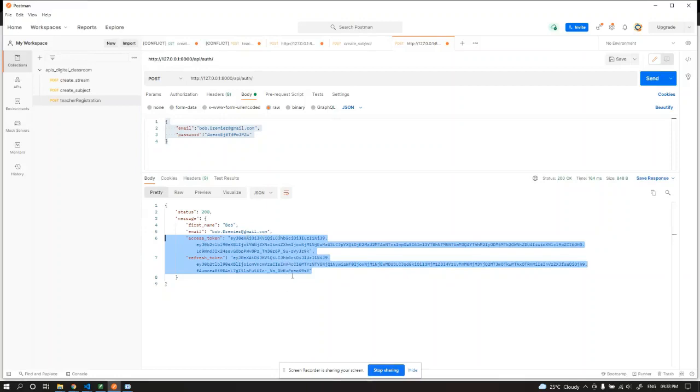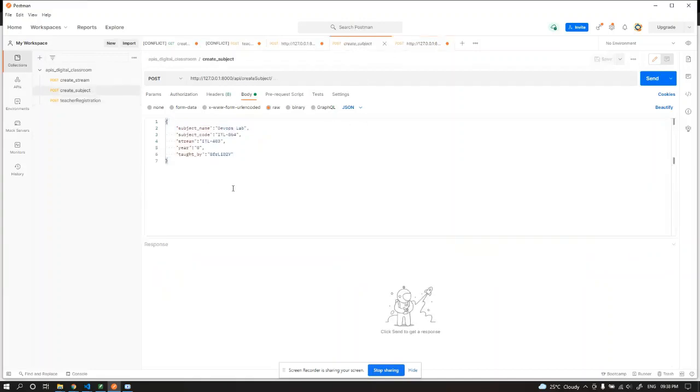So in this case, an unauthorized user is not able to access any APIs from our database. So for example, let's say that I want to create a new subject. What I will do is go to the create subject menu here, and I have a subject already created like this. What I'll try and do is change the name of the stream a little bit.